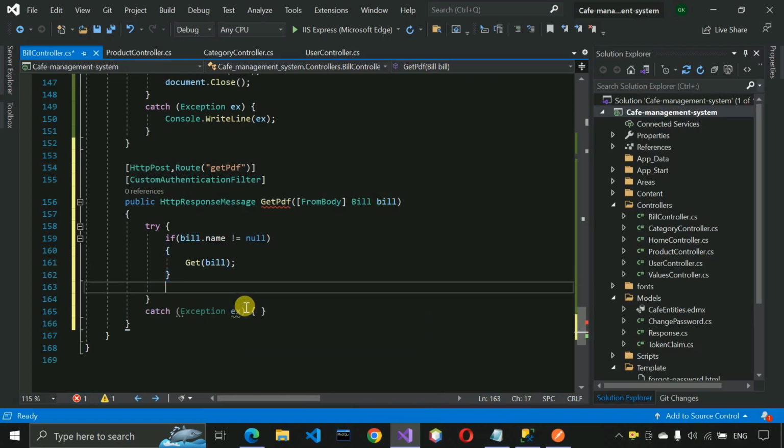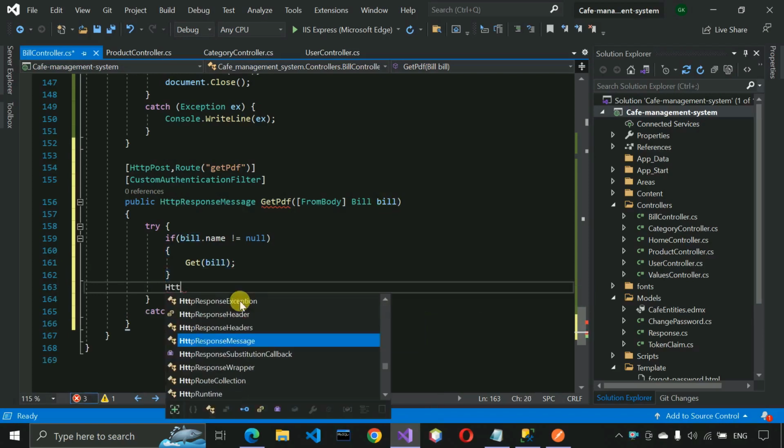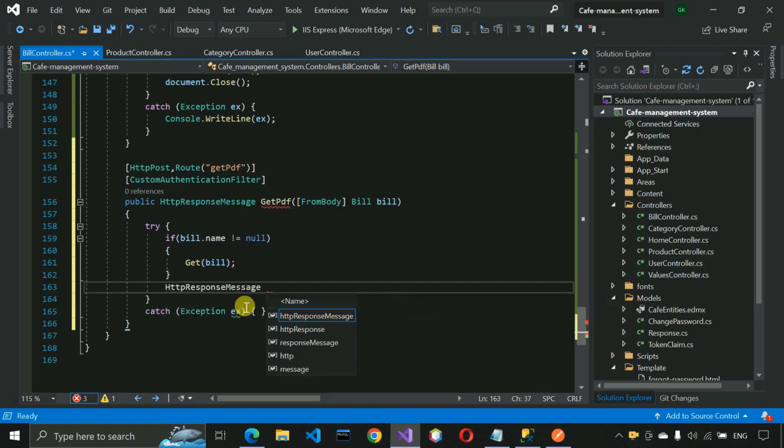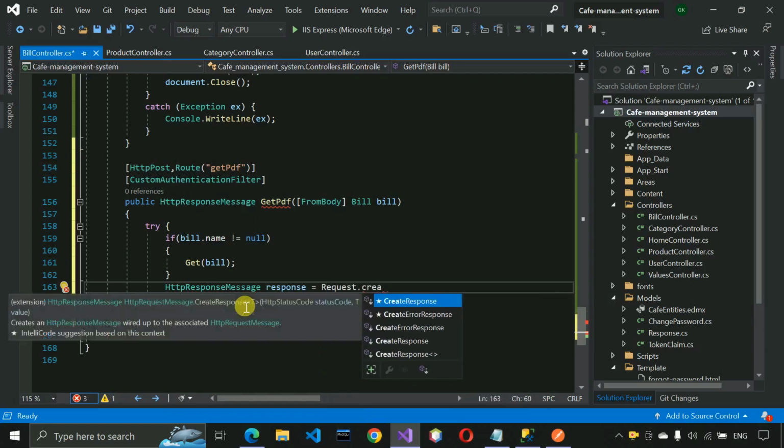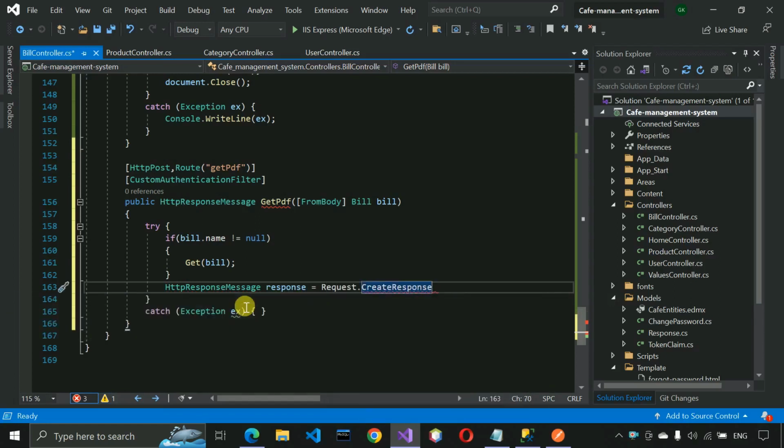And outside of this one we have to write HTTP response message, and here we have to write response is equals to request dot create response and HTTP status code dot OK,